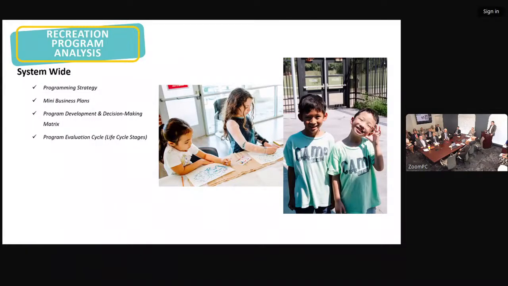Recreation program analysis. So we also worked with a sub-consultant of ours that we partner with on many of these projects that is an expert in the industry of programming, and that means what type of use we have in terms of adult programs, kid programs, youth programs. So there's an extensive programming strategy analysis within the master plan. You'll see more detail within the appendix, as well as additional information provided to the department. But each one of these includes many business plans and how cost recovery can be incorporated within this programming strategy.